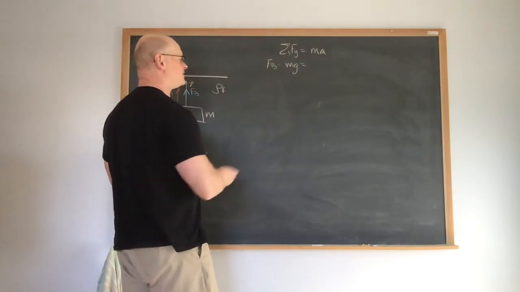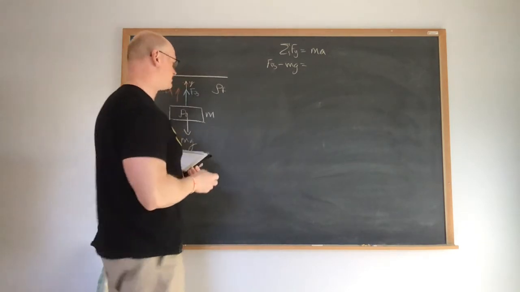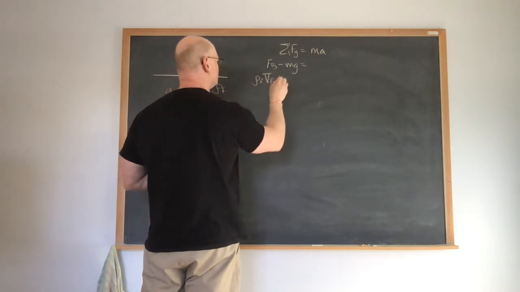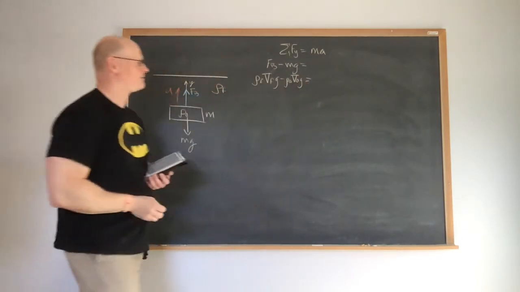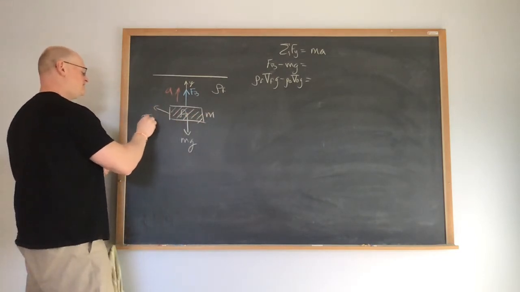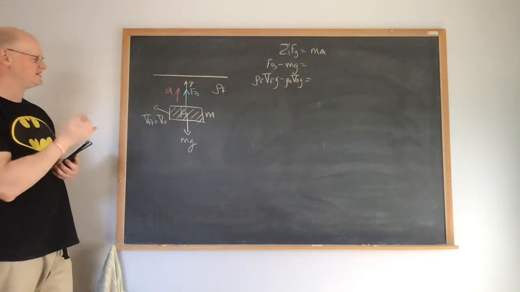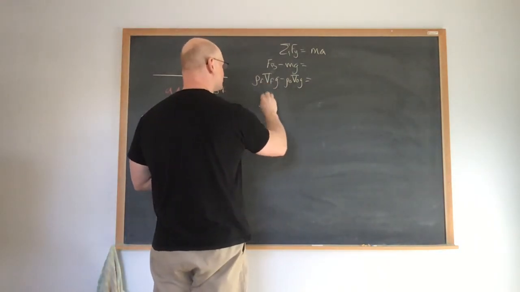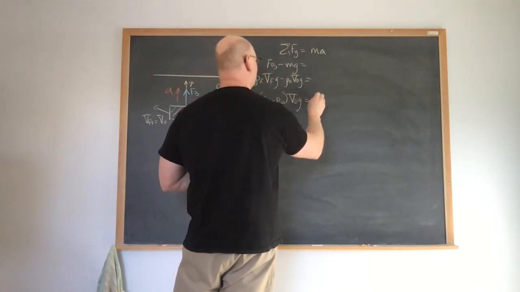Now again, we know the buoyant force is the mass of the fluid times g, minus the weight of the object, but both of these we can write in terms of the densities. So it's going to be the density of the fluid times the volume of the fluid times g, minus the density of the object times the volume of the object times g, all equal to ma. Now, in this case, since the object is fully submerged, the volume of the fluid is exactly equal to the volume of the object. As long as this guy is fully submerged, these two volumes have to be exactly the same, which means I can factor it out. So it's the density of the fluid minus the density of the object, times the volume of the object times g, all equal to,